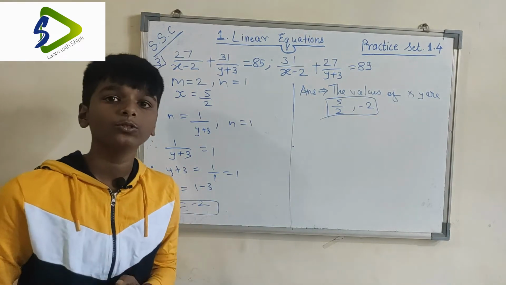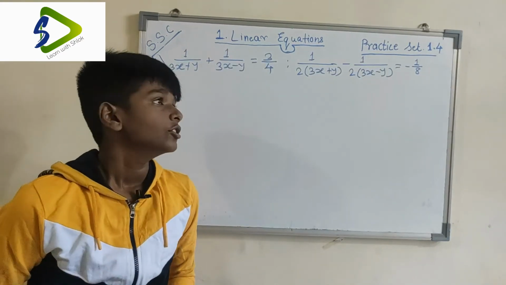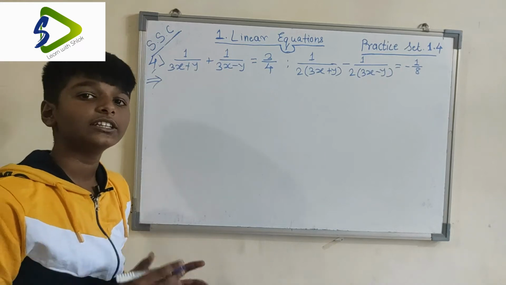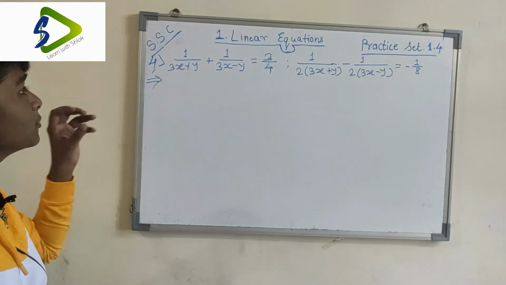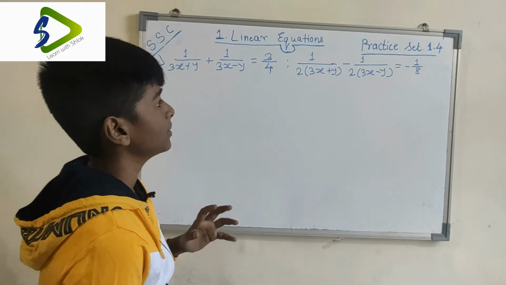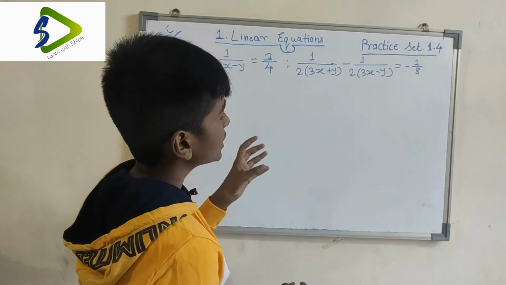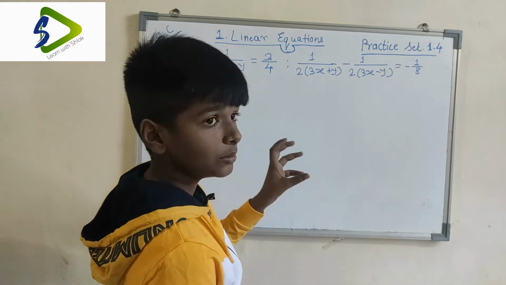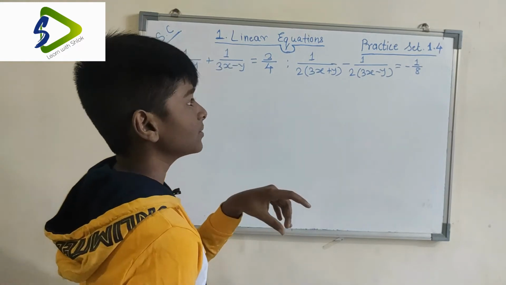Now let's look at the fourth one. So now that we have solved the third equation, let's look at the fourth one. The fourth equation given to us is 1 by 3x plus y plus 1 by 3x minus y is equal to 3 by 4, and 1 by 2 times 3x plus y minus 1 by 2 times 3x minus y is equal to